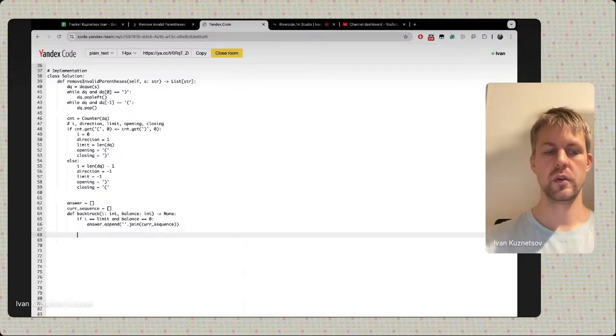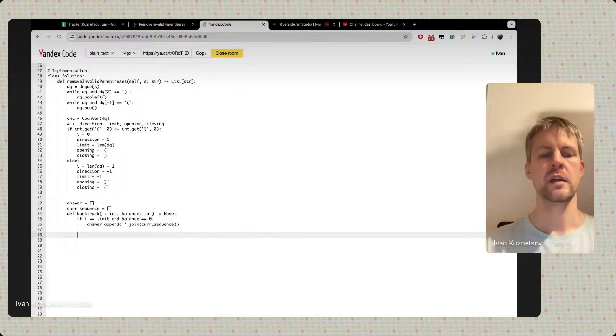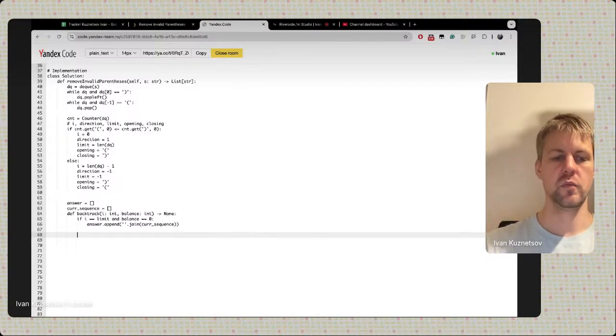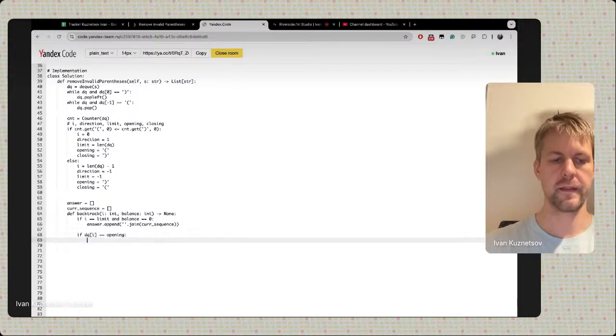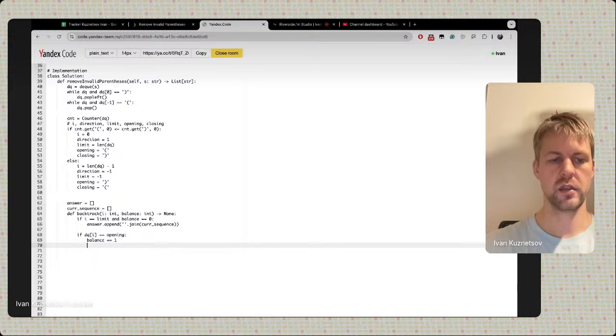Okay, now if we are not at the limit, then we are either pointing to opening or pointing to the closing parenthesis. So if dq[i] is equal to opening, then balance plus equals 1, and